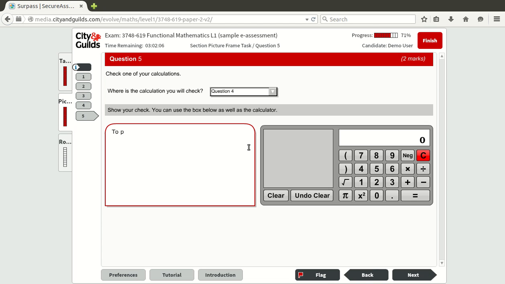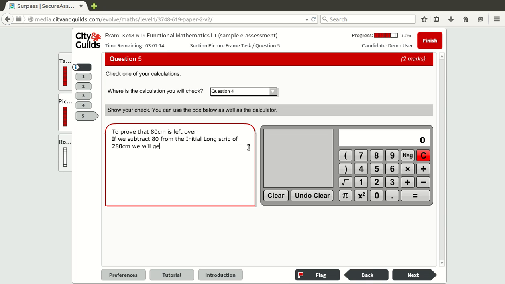So I'm going to put here, to prove that 80 centimeters is left over, if we subtract 80 from the initial long strip of 280 centimeters,